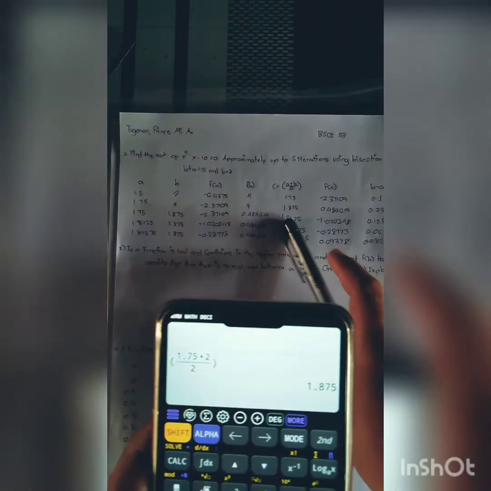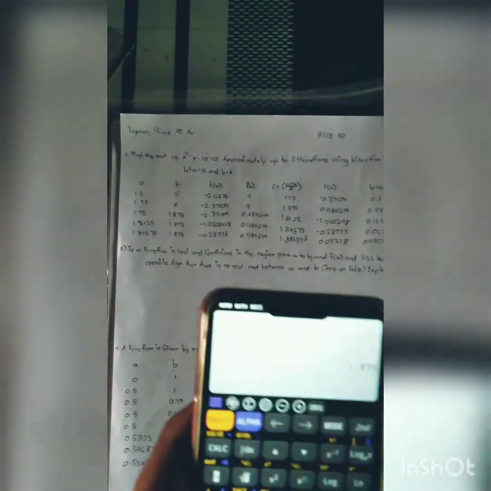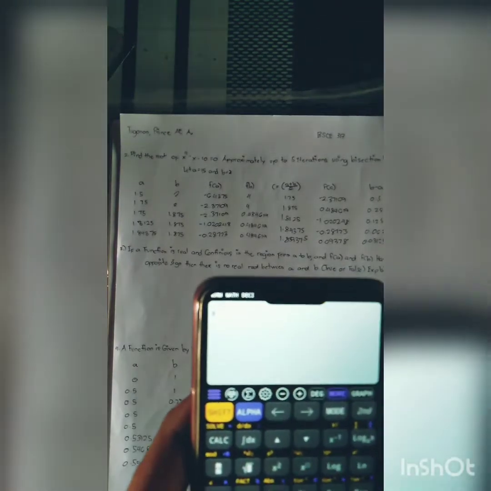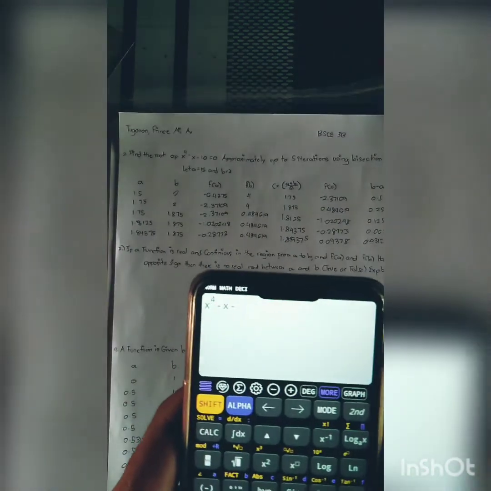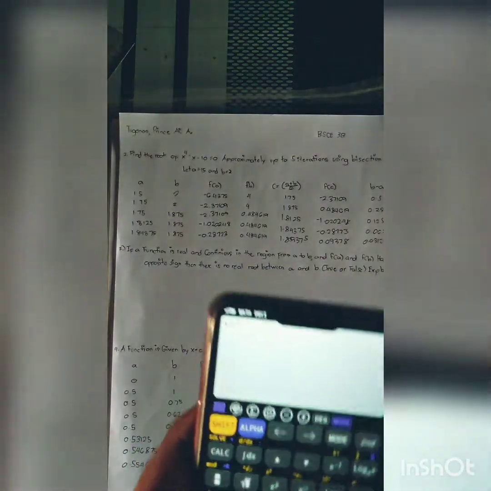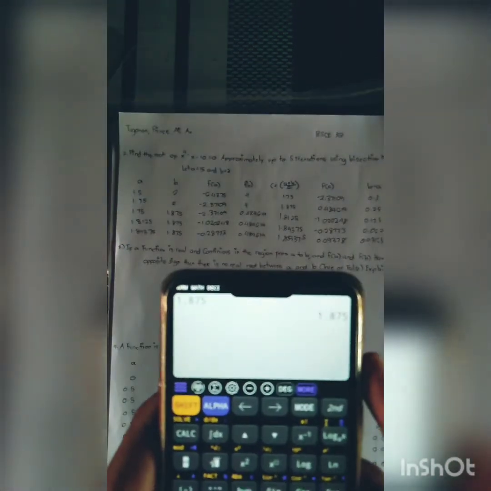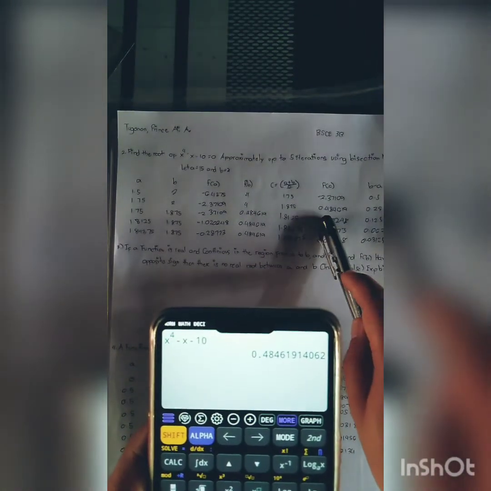Now we're gonna find the function of c. x raised to 4 minus x minus 10. Calc the value of c, which is 1.875. So the function of c is